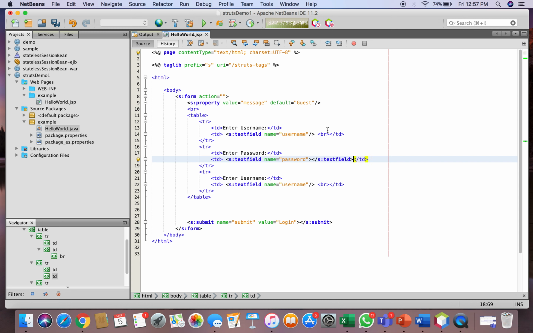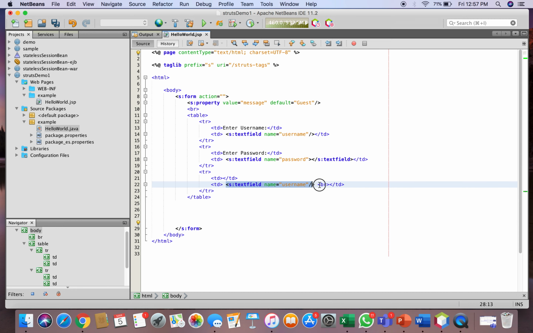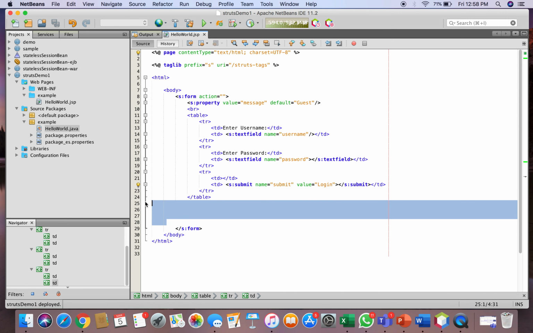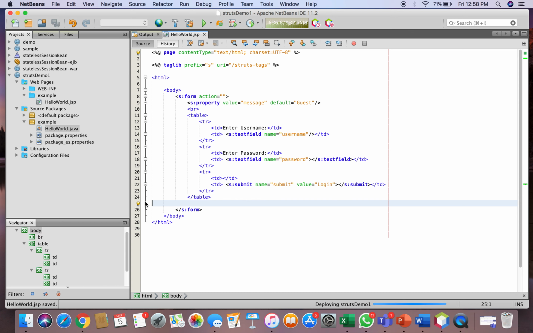We can remove this BR. And in the third row, nothing should be there in the first column, and in the second column I want a submit button. So this is our main page which would run on running our program.